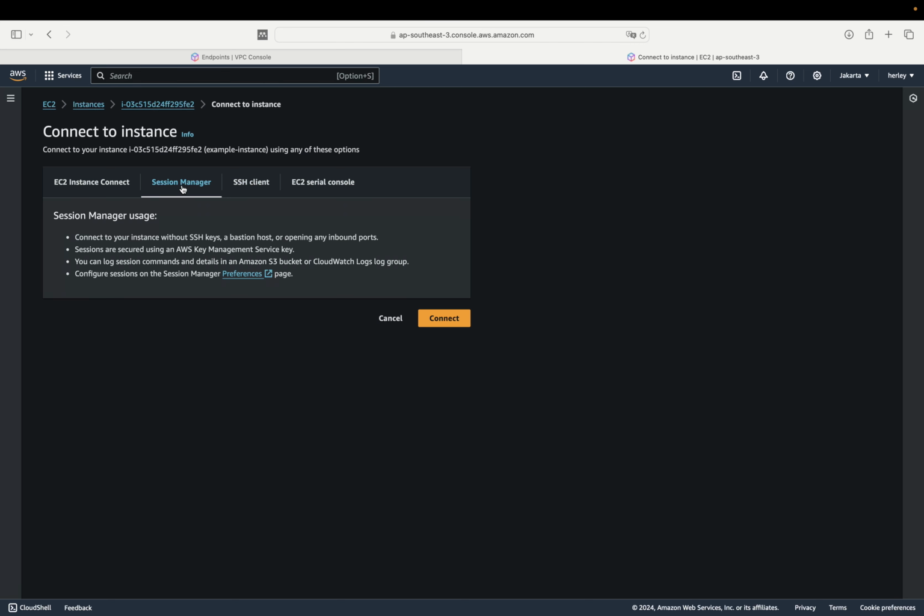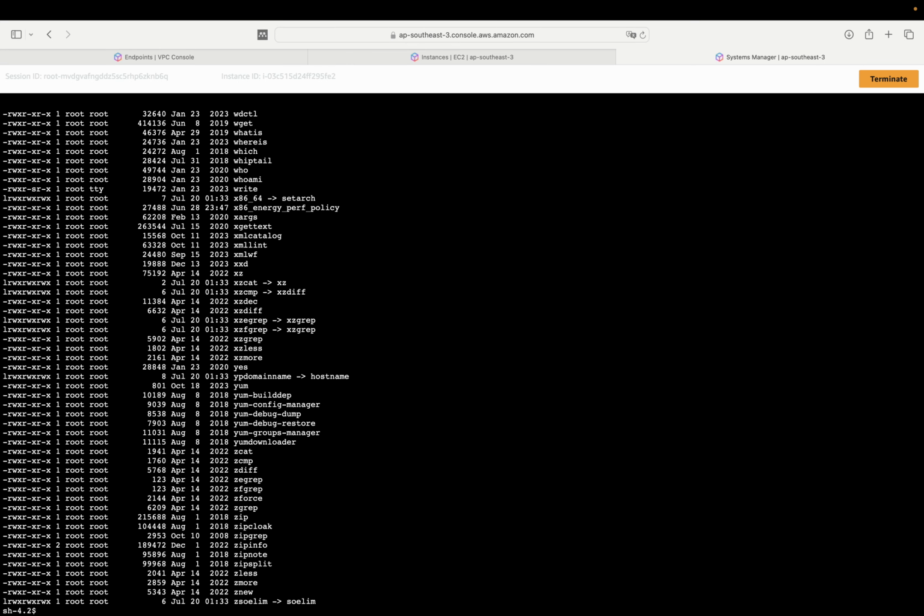Now, you go to the Session Manager. If your setup or my setup succeeded, you'll have this connect button in here. So let's click, wait for a moment, and Alhamdulillah, you are now connected to your EC2 instance in the private subnet using SSM. Let's try a few commands like ls. There you go. Alhamdulillah.